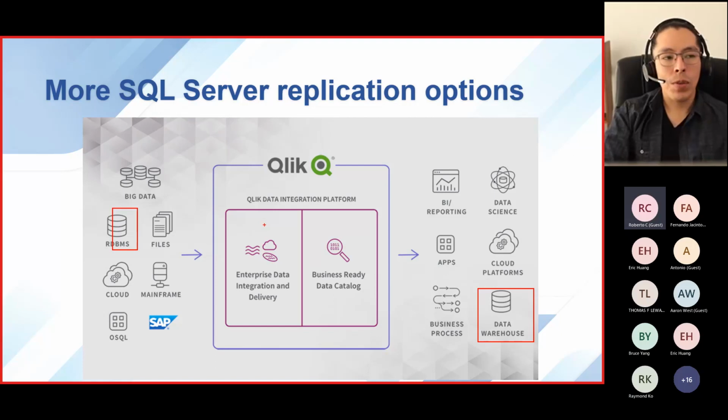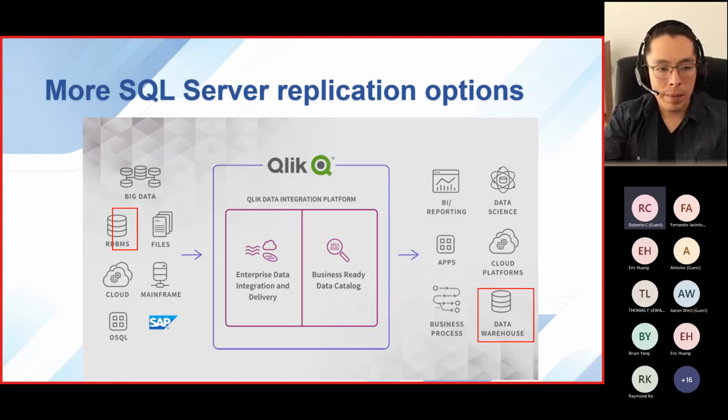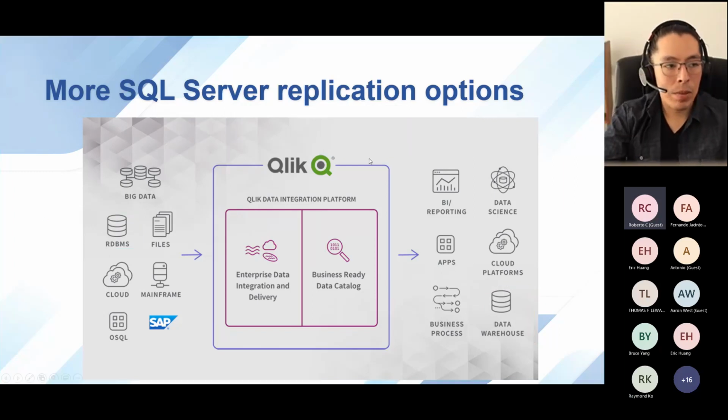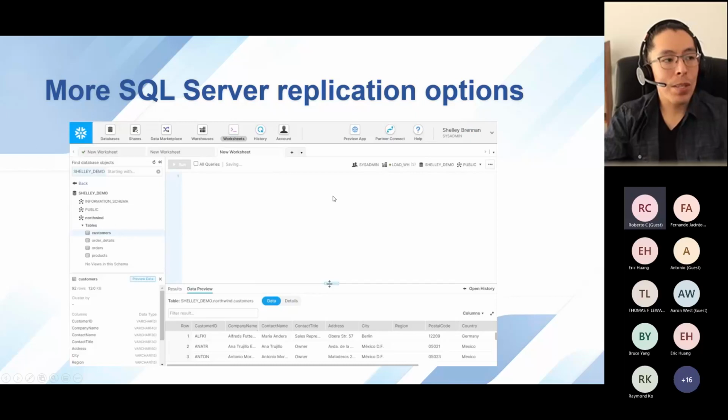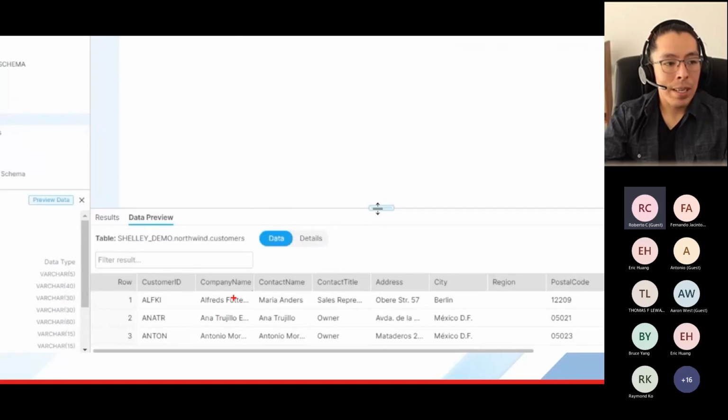You just need to configure the Qlik integration. You say, this is my SQL Server. You say, this is my data lake. And the Qlik integrator is going to take all the tasks in order to move that information all the time, all day long, right? So this is great because you are going to see an interesting GUI where you can see your data. You can see, as you can see here, what's inside the tables. You can see the structure of the tables,